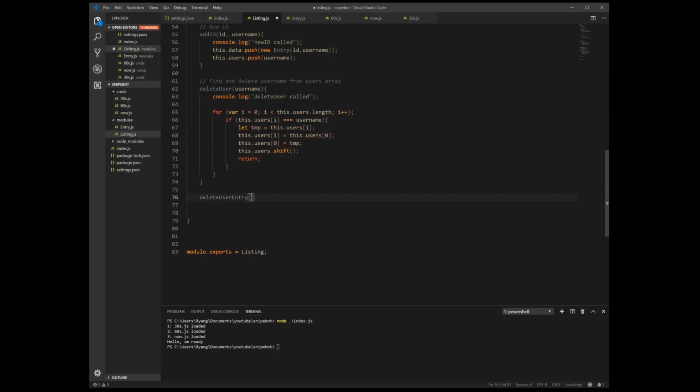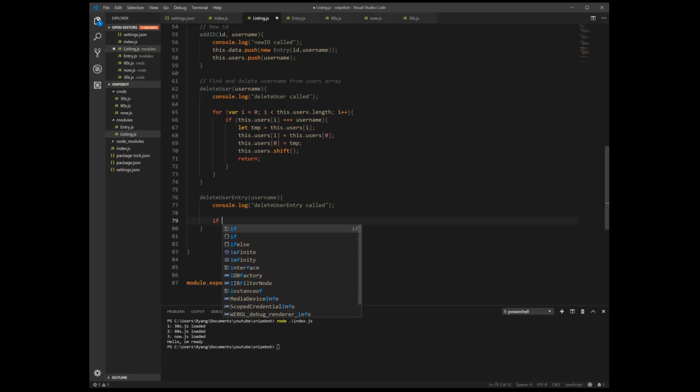So let's get it started. So delete username, that's what we need, and then we're just gonna console log like we did on the other ones, just to say that we called this method. So "delete user entry called." Alright, so here we're going to start with our first condition. So we only want to execute this method if we do have any information in our data array and our users array.